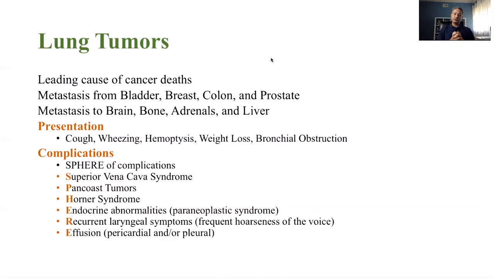Complications are important. From a complications point of view, it depends on the site of the cancer, the size of the cancer, and what structures it is impinging upon. Secondly, there are paraneoplastic syndromes where the cancer cells produce hormones that create an excess of that particular hormone and cause the symptoms of that excess. So what are you going to see?